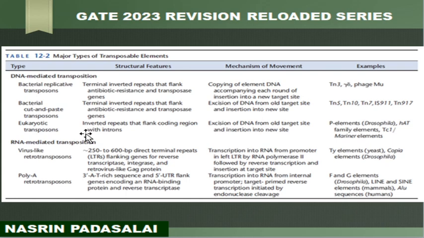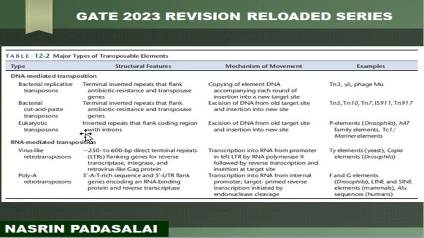This is again a few important things I have given you. Here we are going to study only the examples. Examples of bacterial replicative transposition include Tn3, gamma delta, and phage Mu. Examples of bacterial cut and paste transposition include Tn5, Tn10, Tn7, IS911, and Tn917. Examples of eukaryotic transposition include P element from Drosophila, Mariner element, hAT family element, and